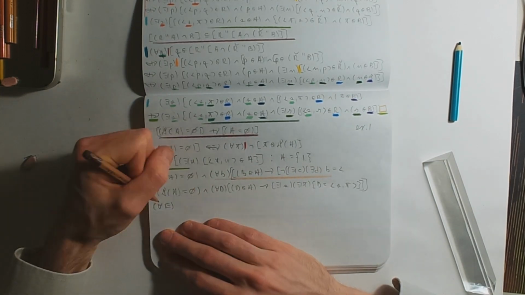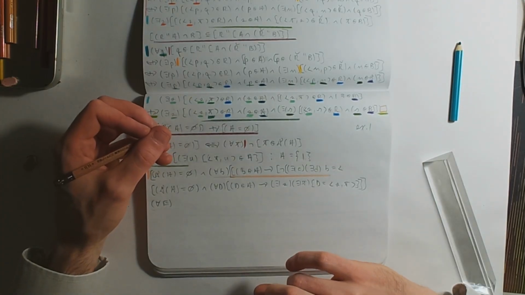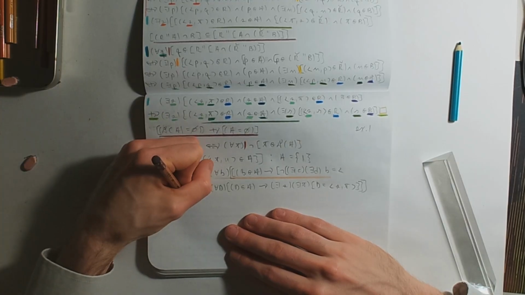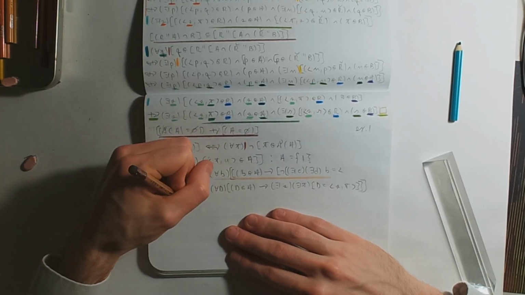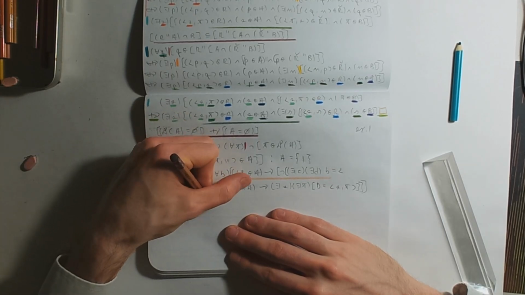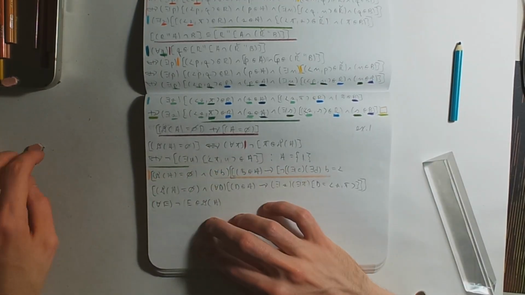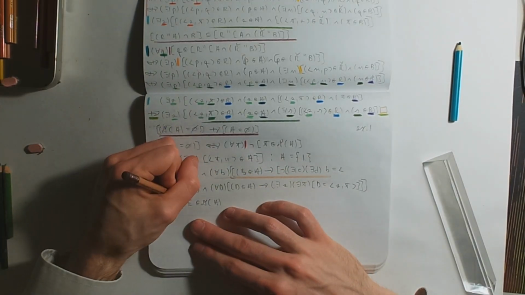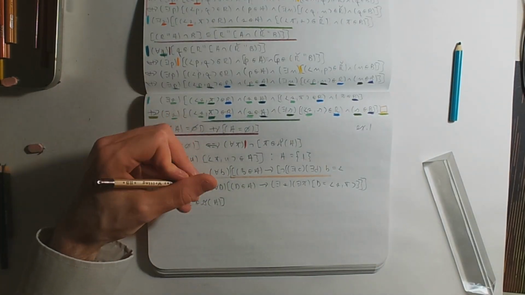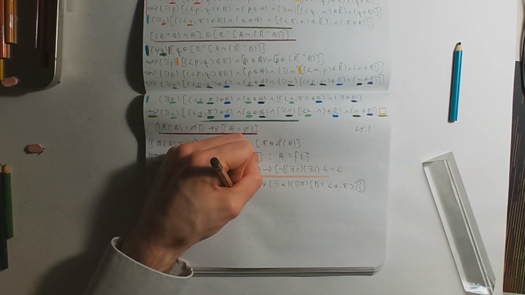For all E, not E is an element of the domain of A. These bracketing rules are getting more complicated by the day. Not E is an element of the domain of A, and for all D,